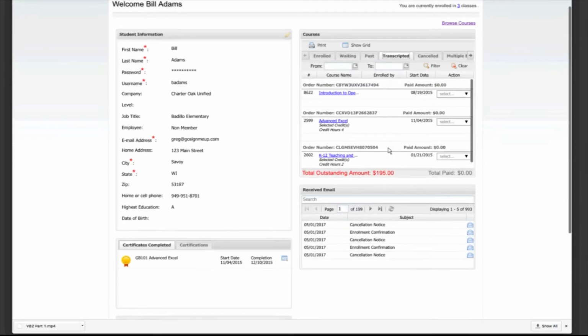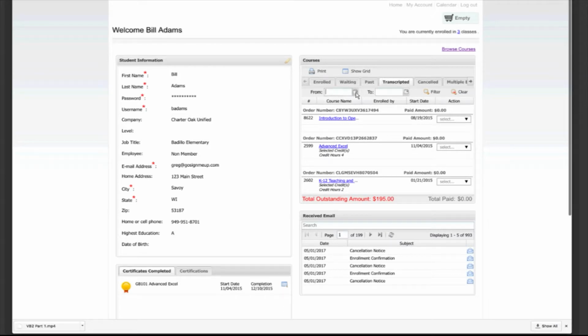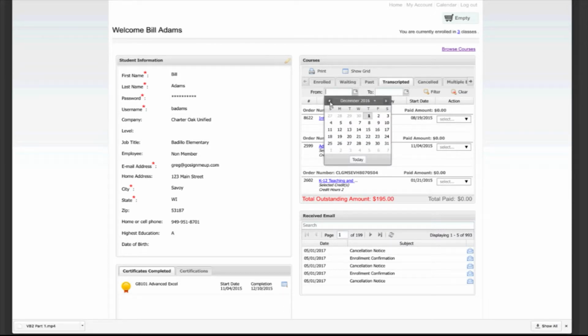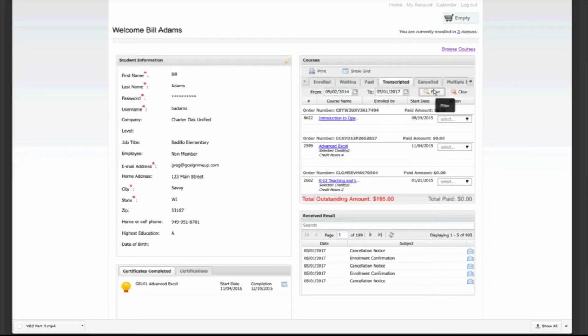Now, students can then come in and have the autonomy of seeing their completion of classes or transcript. You can set up just a date filter here. Let's go back to September of '14 to the current date, and let's see what the results bring us. It shows us those classes, and then one can go in and click print, and it prints out a real nice